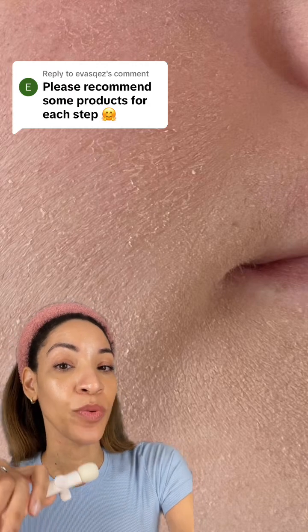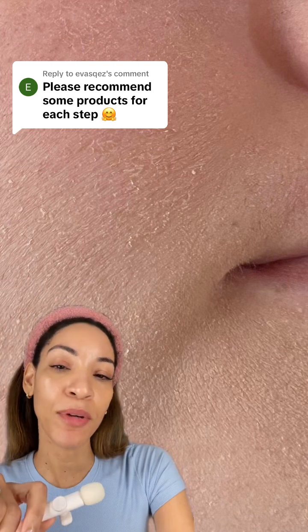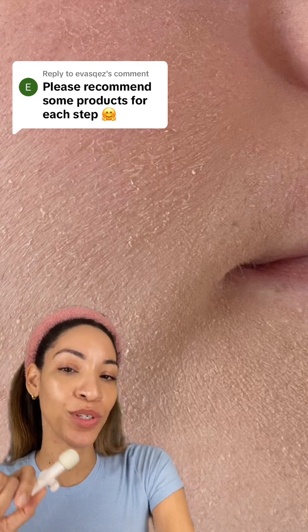If your skin looks like this when you apply your foundation, it's dry, it's flaky, the foundation separates, I'm going to tell you exactly what steps to do to prevent this and what products to use. I'm going to tag my original video on this topic in the caption, and today I'm sharing the exact products